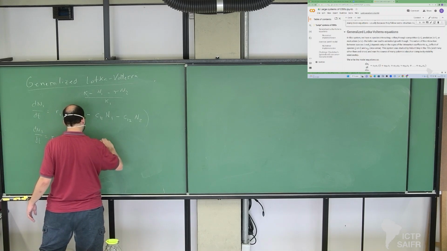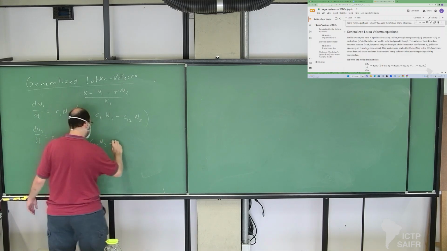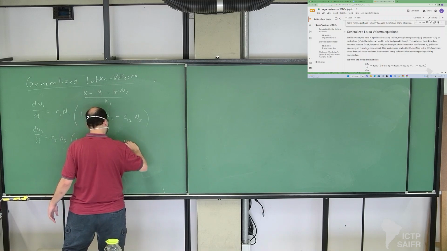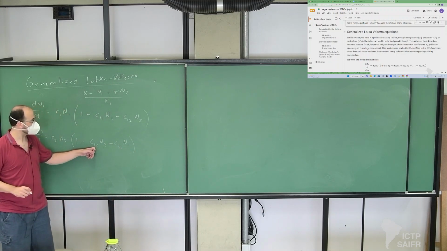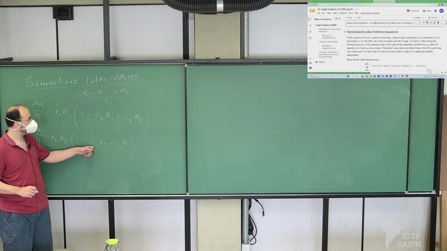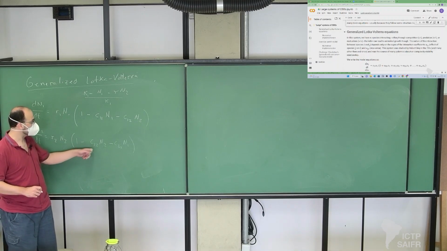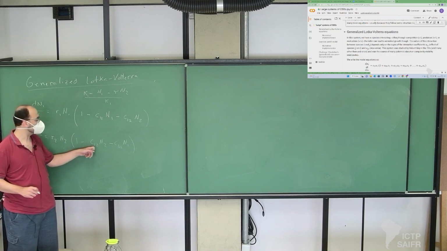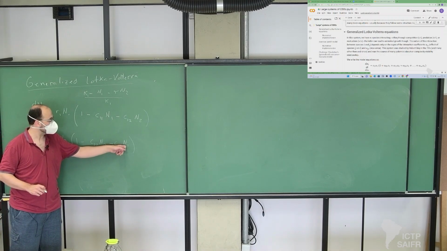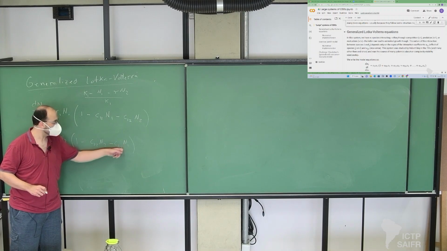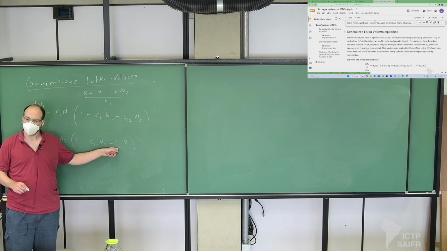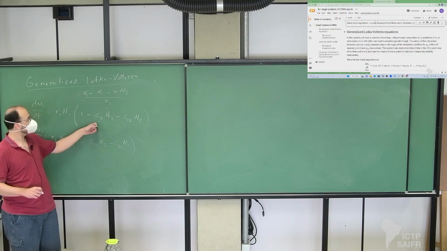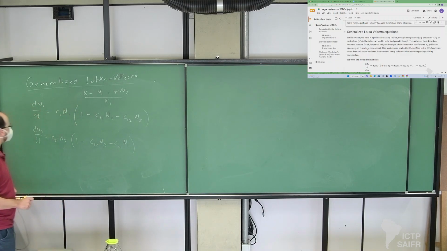So I have now C22 N2 minus C21 N1. Again, C22 is the intraspecific competition, the effect of competition of population 2 on population 2 itself. And C21 is the effect of the population of species 1 on species 2. So it's always like this. And the nice thing about this is that it's easy to generalize. You can just come here and say, okay,